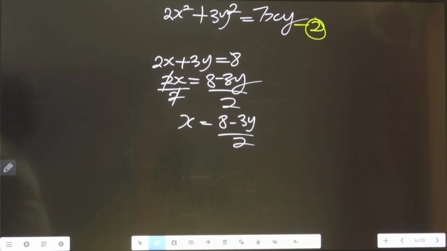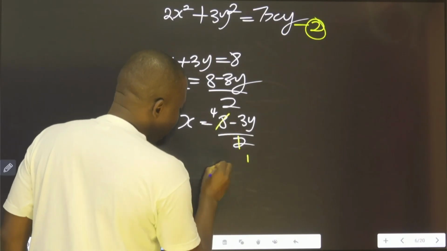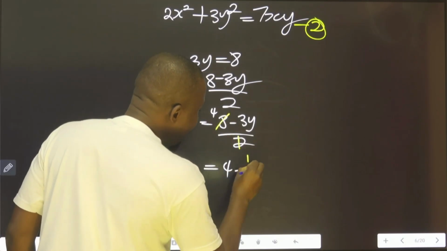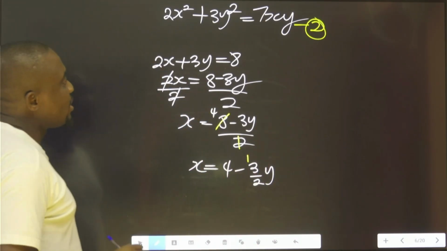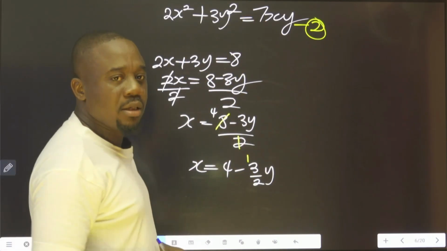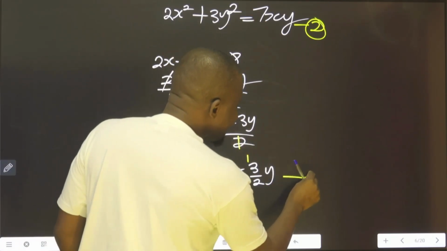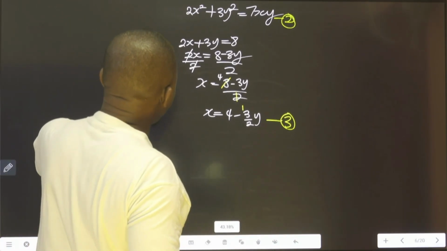You will agree with me, I can divide this 1 here, 4. Meaning 4 minus 3 over 2y. That is our x. We are going to substitute this now in equation 2. We call this equation 3. We substitute this here. That is to say,